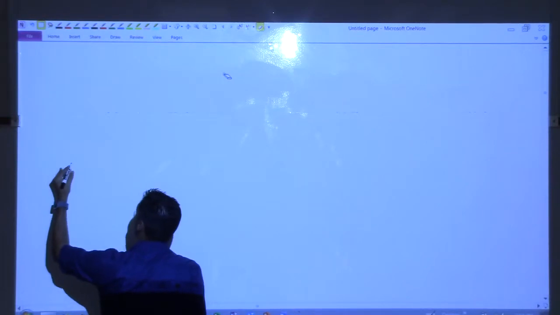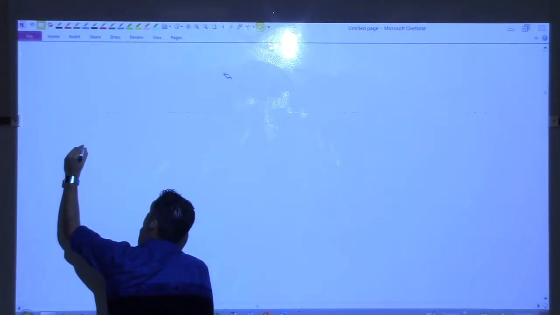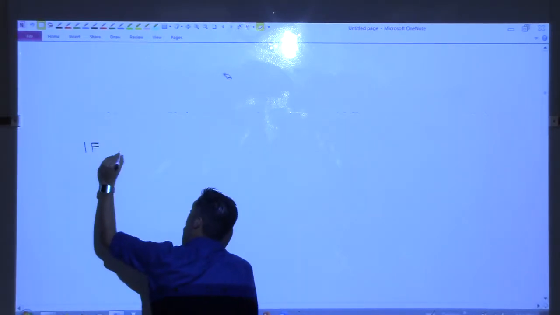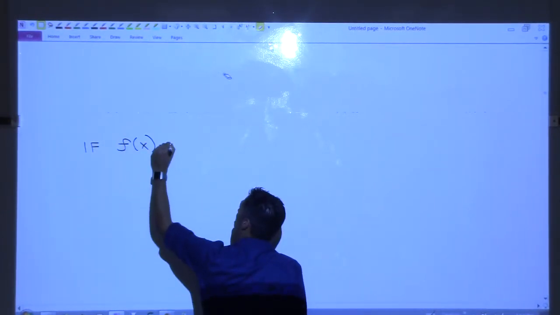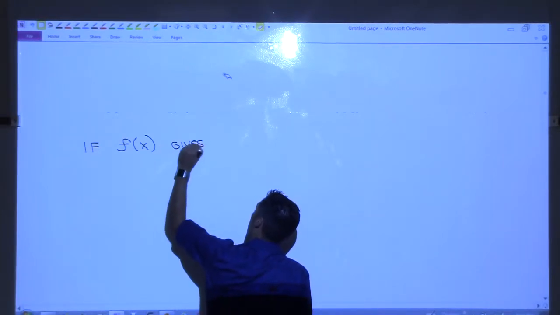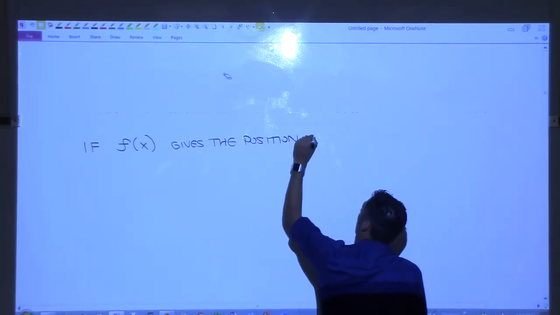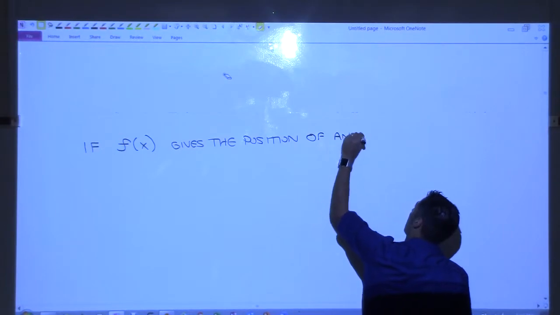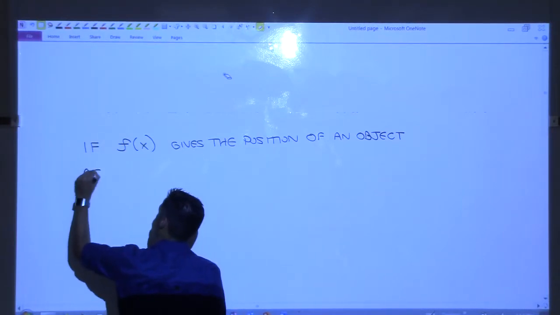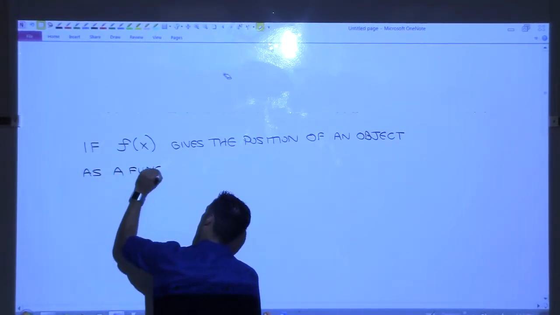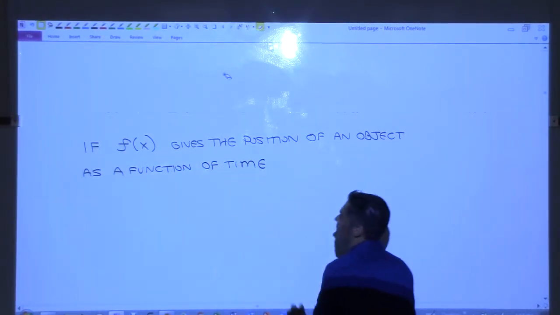So let me do one last example, then we can formally move on to the next section. If you have a function, let's call it f of t, or f of x, gives the position of an object as a function of time, then